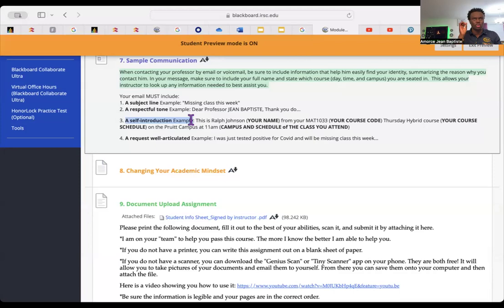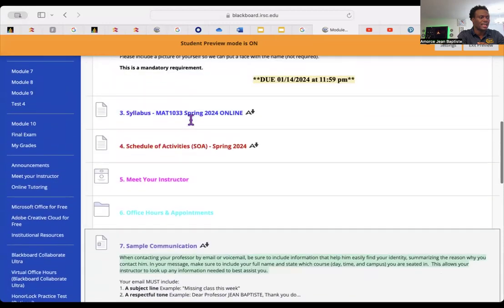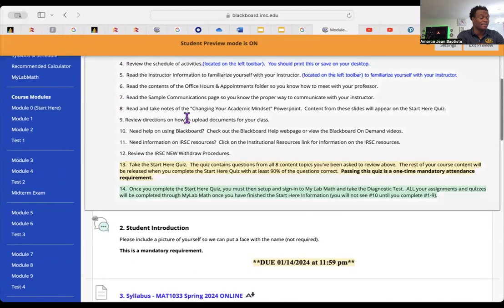It's hard for me to just see an email and know what class this student is in and what class to refer myself to. But if you help me like that, it helps me respond to your email quicker and address your issue more efficiently. So very important for you to do that. So that was number 7, very important. Questions on that will be on your quiz as well.